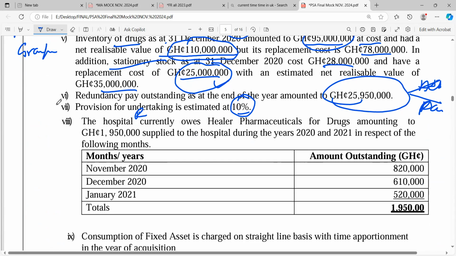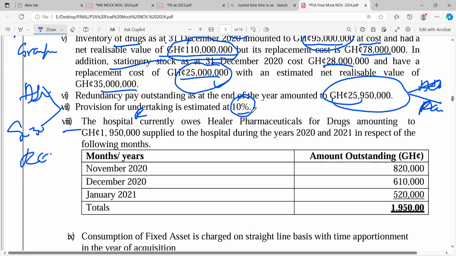Two entries. Number 1, add it to goods and services, an expense. Number 2, subtract it from the undertakings figure, from the 30. Then you go to receivable. You see, this receivable you have here, you add all the other receivables to it. So we are done. Let's go to note 7.